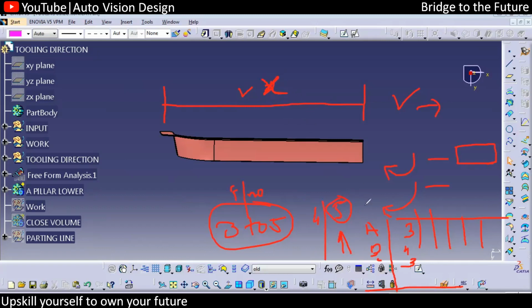We can conclude from the benchmarking that we need a minimum of 5 clip towers. It might be 3 to 6 or 7. The benchmarking range is from 3 to 7 fixations that other vehicles have used. But now you can conclude that we are going to use 5 fixings for this particular part from the benchmarking.